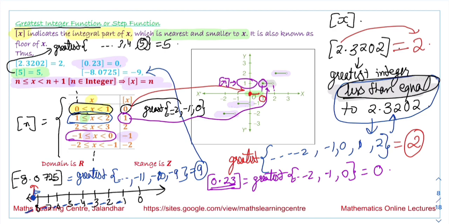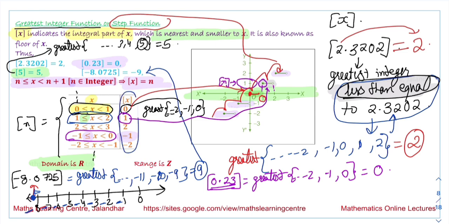So we can see that these are just like the steps we are talking about, that if we are moving the steps over here. So this function is also called the step function. Now, from the graph, it is clear that this function is defined for all values of x. So the domain of this function is R, and the answers we are obtaining, they are the integer values, that